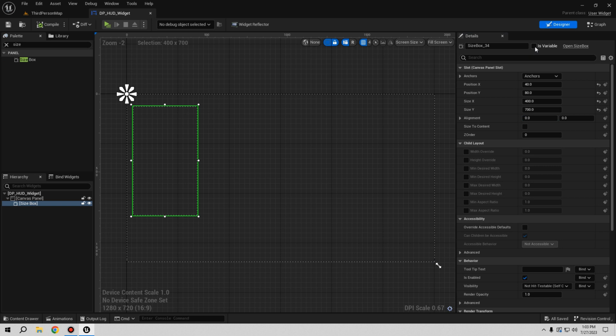Let's make this a variable so we can modify it later, and let's call this inventory background, to know this is the inventory. So let's compile and save. We're going to do everything inside here, so we're going to need another canvas for that. So let's do a canvas, and put this inside the size box, so we have another canvas to put